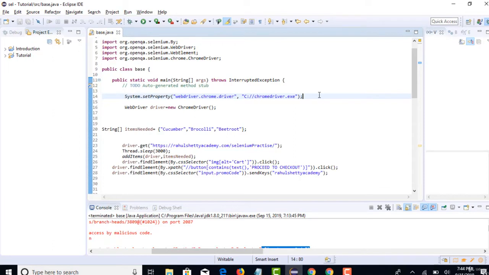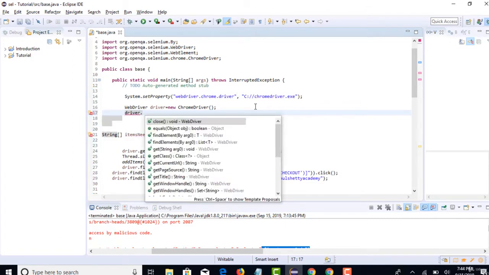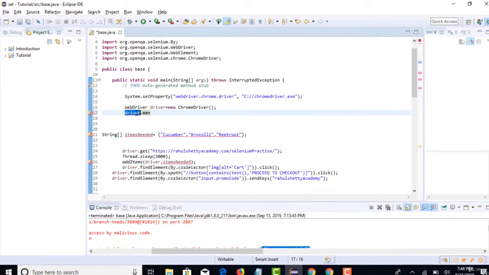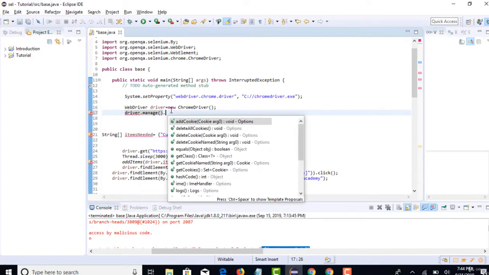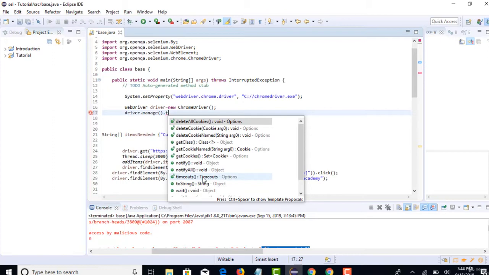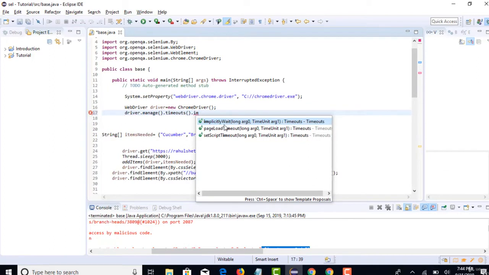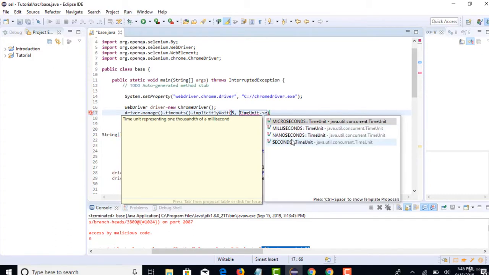So in this lecture, let's start with the implicit wait mechanism. Once you declare a driver, for implicit wait on a global level, you will declare a timeout. This is how you do it. After you create the driver object, driver.manage().timeouts(). You see that? Timeouts is a method. In timeouts, you have another method called implicitlyWait, and here you can provide how many seconds you want your Selenium test to wait to find the required element.